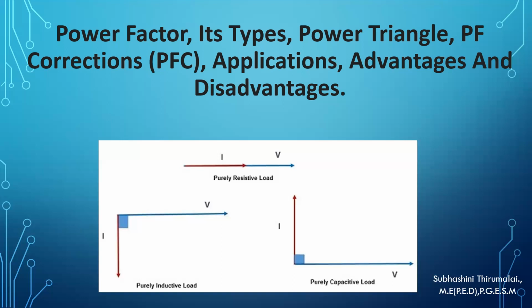And why does this power factor come? That is due to the load. We have different types of electrical loads: resistive load, inductive load, capacitive load, RLC loads. Each load has its own properties, how it consumes the power, what it absorbs and what it delivers. Everything has different properties, so we must see that in this topic. In our next slide